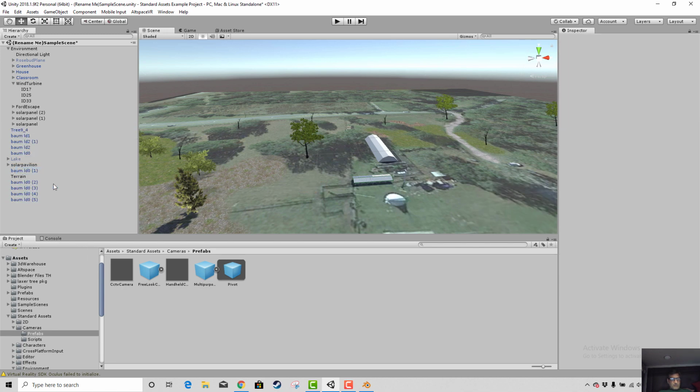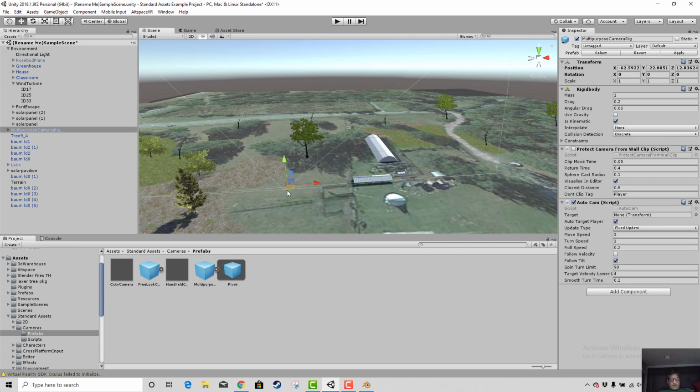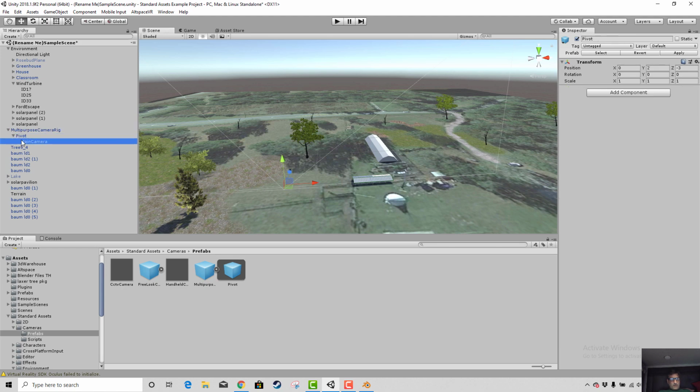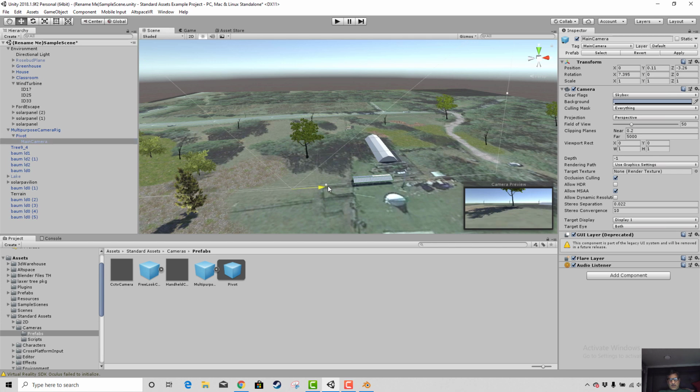Let's try the multi-purpose camera. Let's drop that in and see what that does. It also pivots. There's the main camera, and we can set where we want to place it. Let me move it in front of the solar panels and let me rotate it so that when I get into the world you can see the solar panels and the windmill. Alright, so then when we go to play the game,